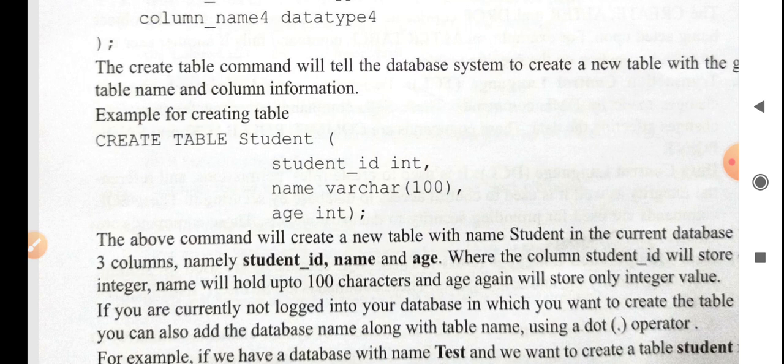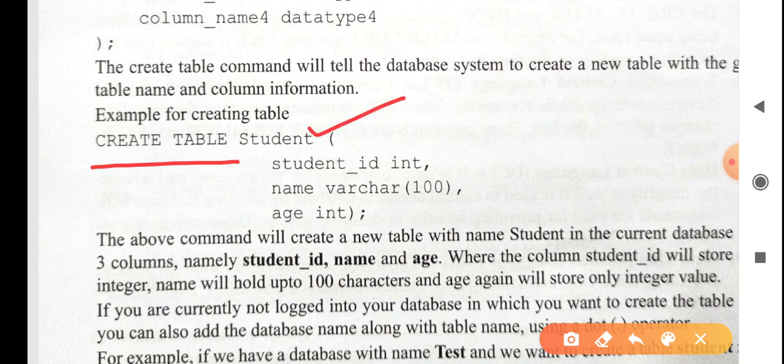What is the command to create a table? First of all, you write the CREATE TABLE command, with all the letters in capitals, as I told you earlier. After that there is the name, student. So student is the name of the table.